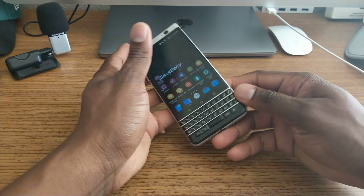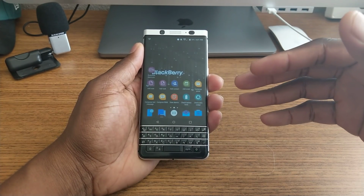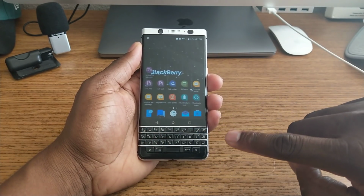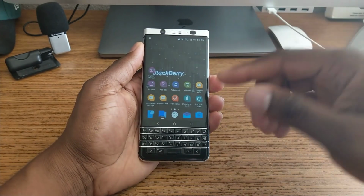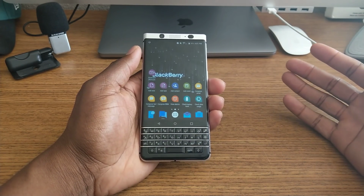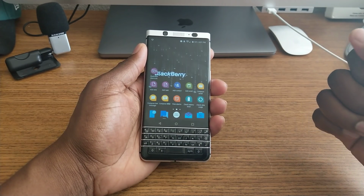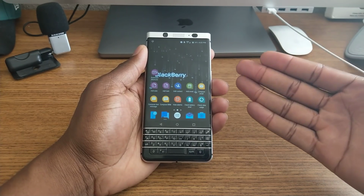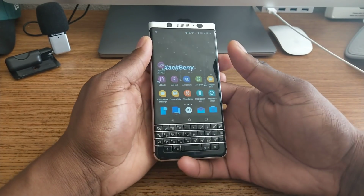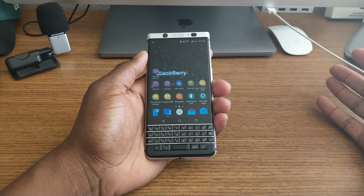The features of the phone has all the BlackBerry software that you would want. It's got the same setup as a BlackBerry OS device with all the notes and shortcuts on the keyboard. This is a touch-sensitive keyboard, just like the Passport. And you've just got BlackBerry's Detect security on here as well. Now, I didn't buy this phone for the security and all that. I just wanted to try it out because, again, I was so indifferent about having a BlackBerry with Android on it. I just didn't want to deal with it. But it is what it is. So the feature sets of this phone, you get basically the whole BlackBerry suite, and you just get it in a better piece of hardware. And you get Android as the primary software, and that's not a bad thing, you know, that's just what it